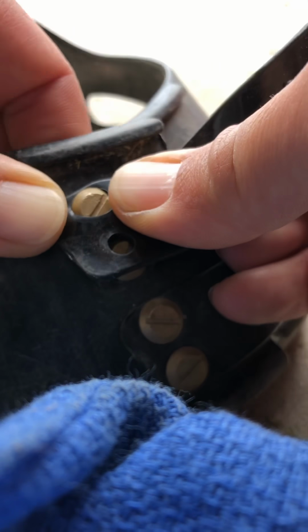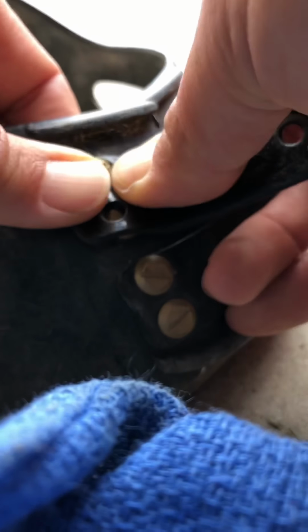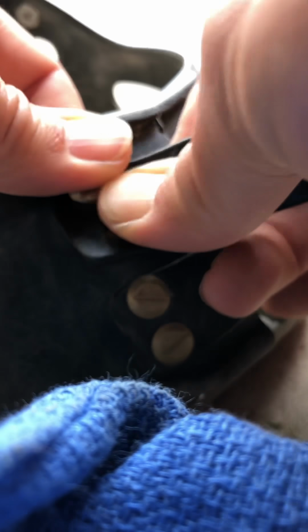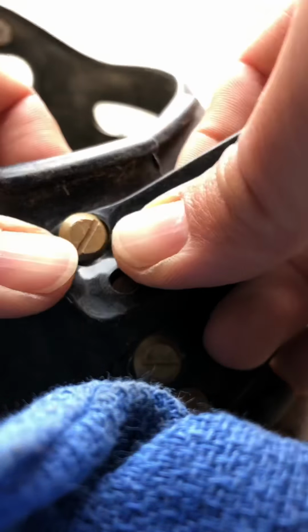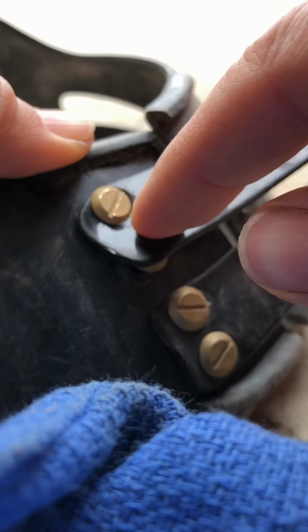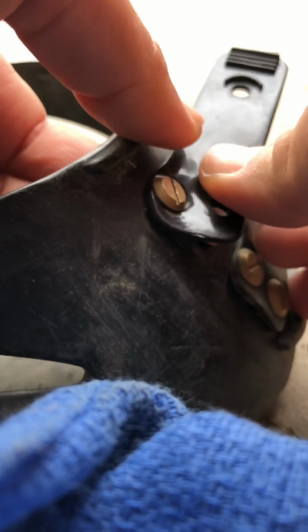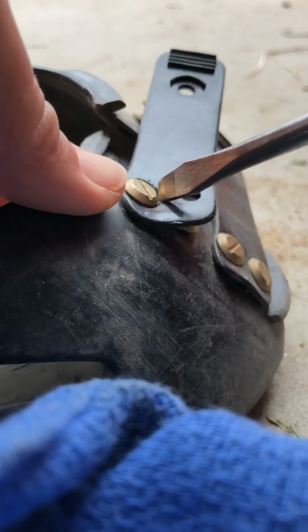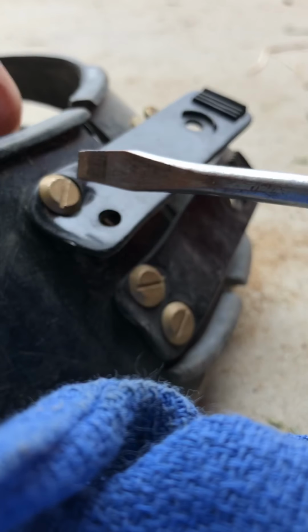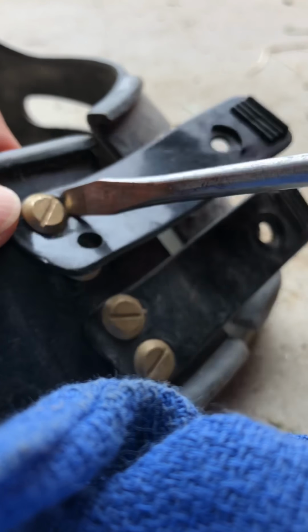So you'll see right there, I have the top edge up already. And then I just need to wiggle this, push from the bottom to make sure I have a nice big gap, and wiggle this until I can get this bottom edge slid under as well. And if I need help with this, then I can always use my screwdriver and help tuck that edge